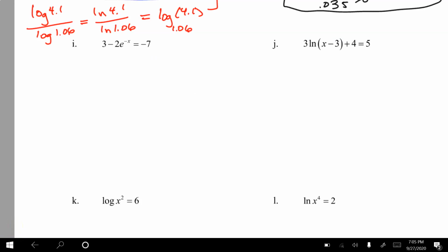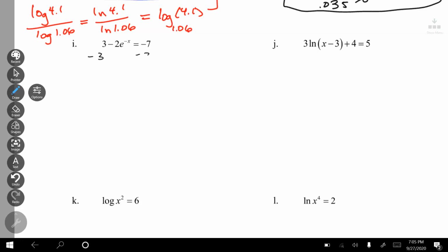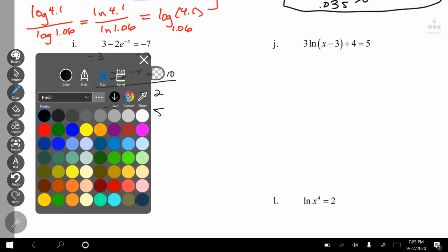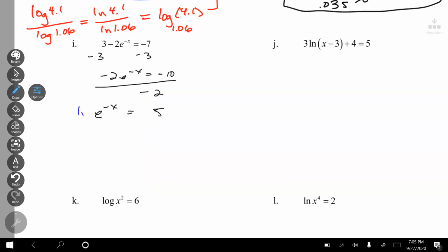Okay, for this example, again, I have to isolate the exponential, which is the e raised to the negative x. Subtract my 3. Divide by negative 2, and I have e to the negative x is equal to 5. To get rid of the e, I have to do natural log of both sides. And to get rid of the negative, I divide by negative 1, so I have x is the negative of natural log of 5, which is